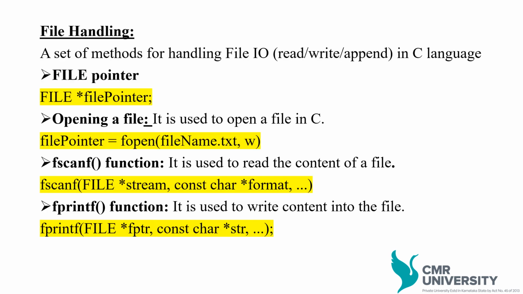Next is file handling. It is a method of handling files, input and output in C programming to read, write, and append things. Here we have four basic terminologies in file handling, which are file pointer, opening a file. Opening a file means it is used to open a file in C, and